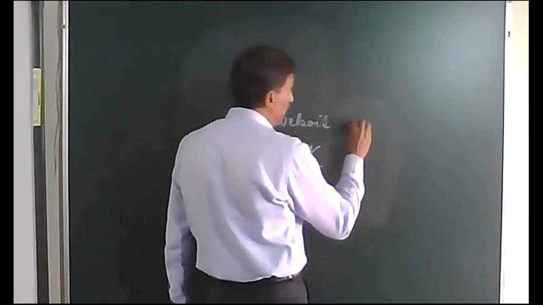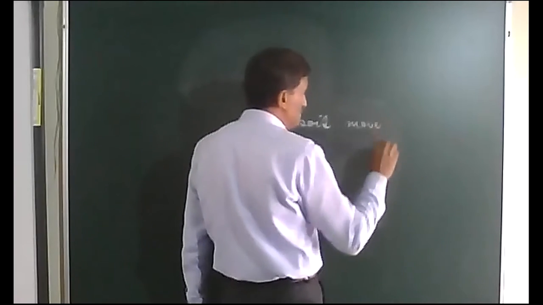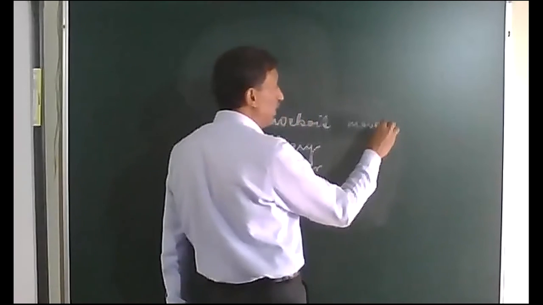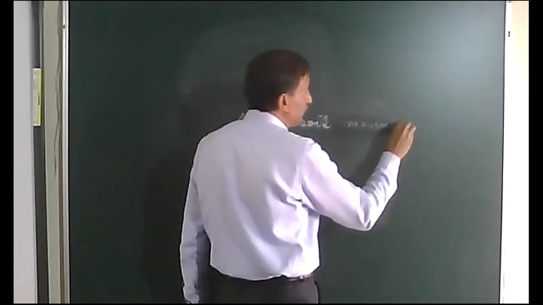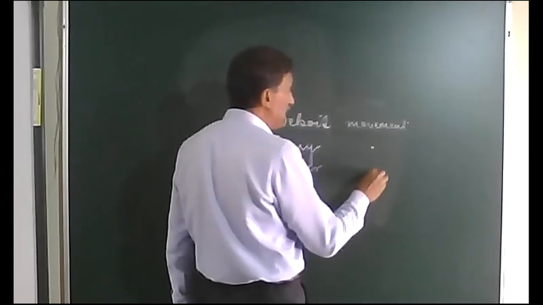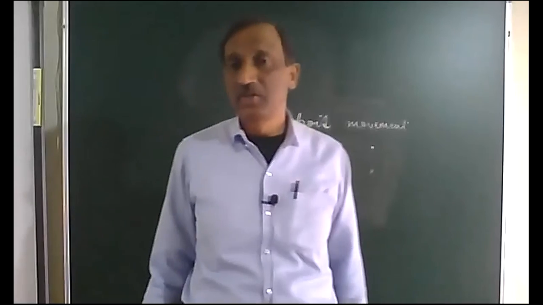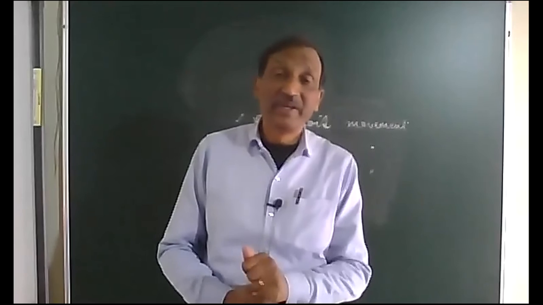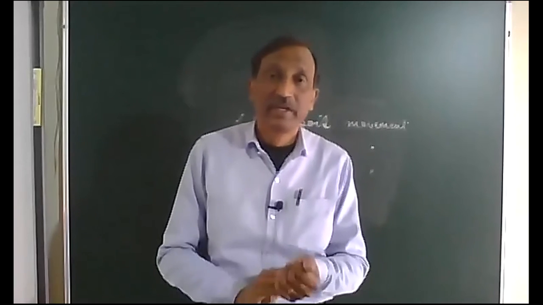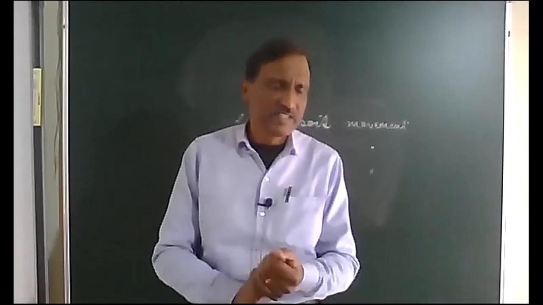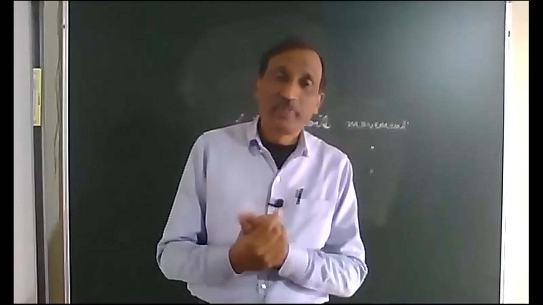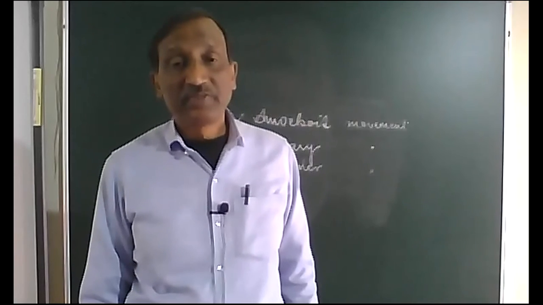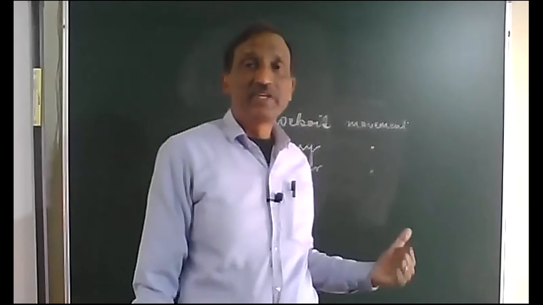Okay, so these are the three different types of movements which we can notice in our body, and these are the three kinds of movement which are found in all living beings. Okay, that is in the case of animals, because we are studying about animals, not plants. In plants we have studied the movement was of two different types, that is the tropic movement and nastic movement. So that was different in the case of plants, but we are studying about animals.